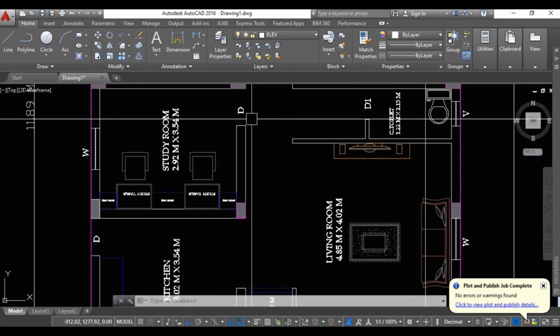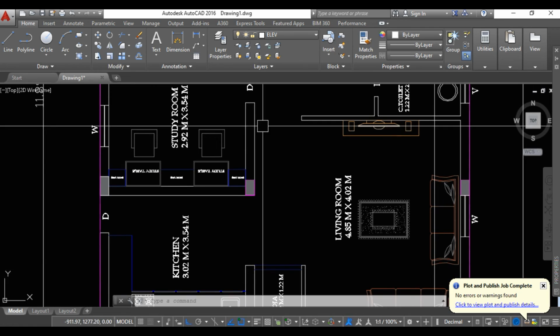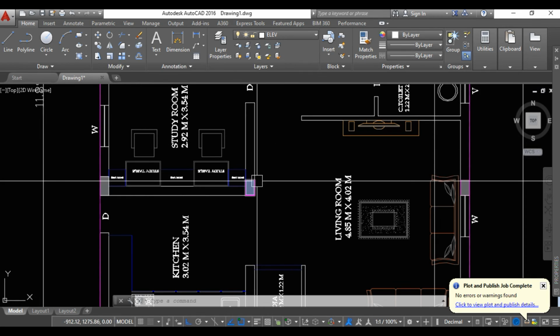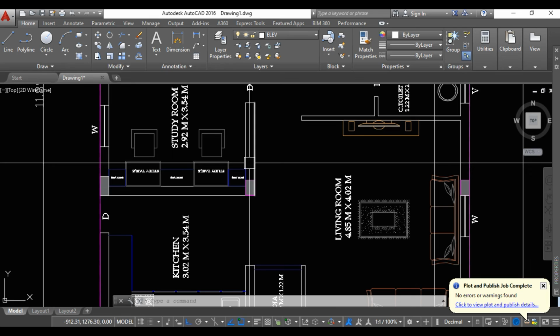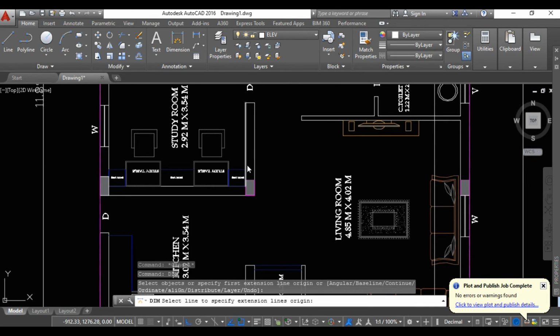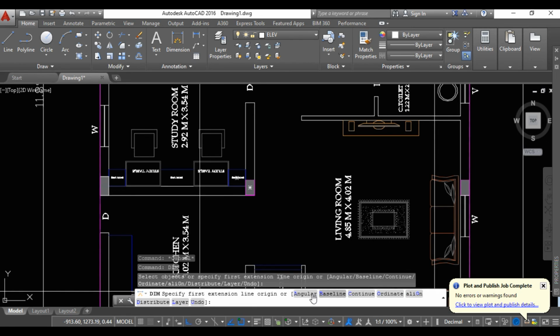So no need to press space, or no need to write once again the command key called DLI or D angular. The question will arise whether it is used only for horizontal or vertical lines, or whether the DIM command is workable for angular also. So I will show you that angular part also. DIM, press enter. See here, it is showing you all the different lines. Whichever you require, angular, it is going to show you the angular.